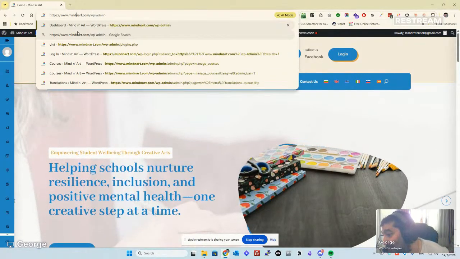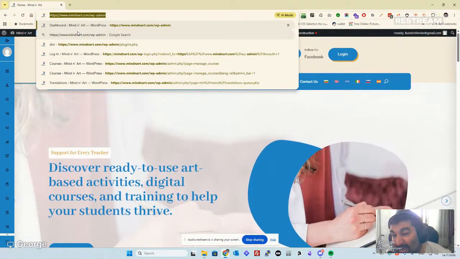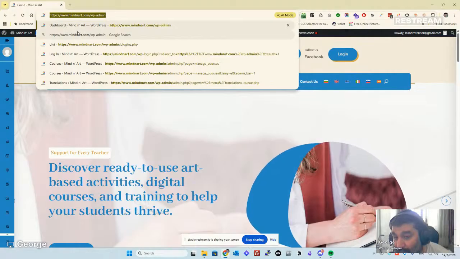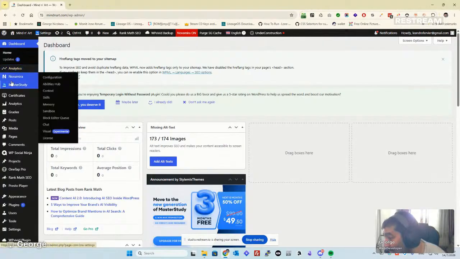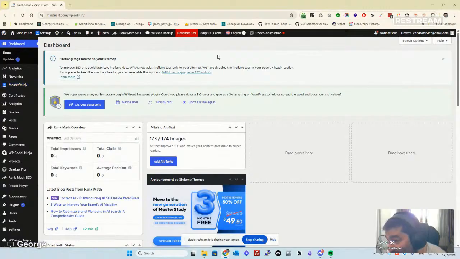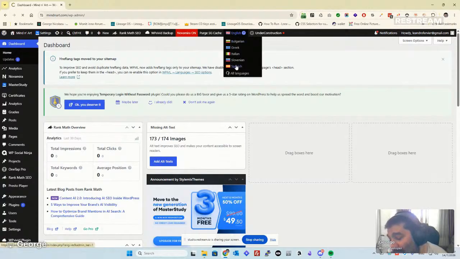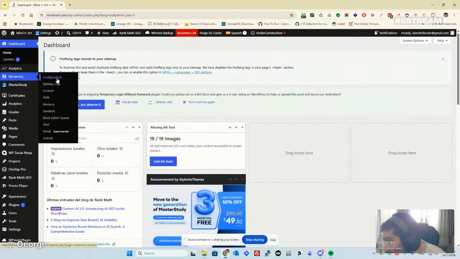The link to the admin is given to you in your email with your own specific password. I'm already logged in as Leandro, who is the person who's going to be translating the Spanish, it seems. When you initially log in, you get to this screen. You can ignore everything on this screen other than where it says MasterStudy. Before you hit courses, go to your language. This is very important. So you go to Spanish in this case, and then you can go to MasterStudy,